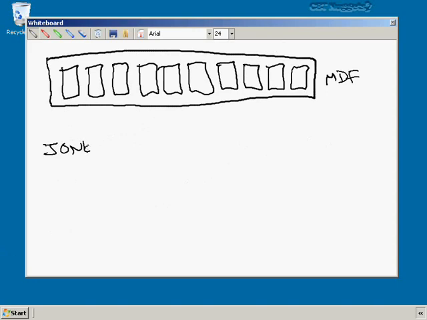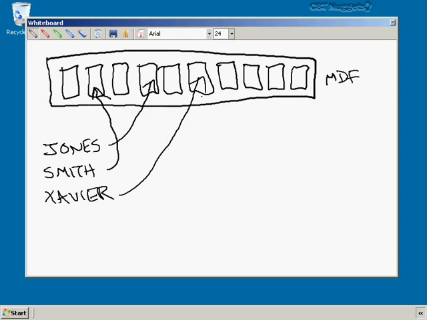It'll say that customer name Jones is located on this page, and customer name Smith is located on that page, and customer name Xavier is located on this page. The index is in order based on whatever column it is. So it's very quick to look something up. If you know you need to look up Smith, you don't have to scan through the entire index. You know you can probably jump to the halfway point and see if you're in the S's yet. If you're not, maybe jump ahead another 20% and see if you're in the S's. It's really just like scanning through a phone book. You can flip through it, quickly find the name that you're after,